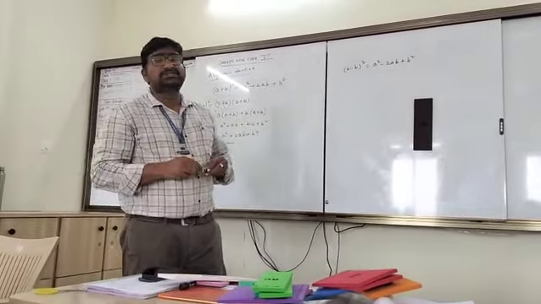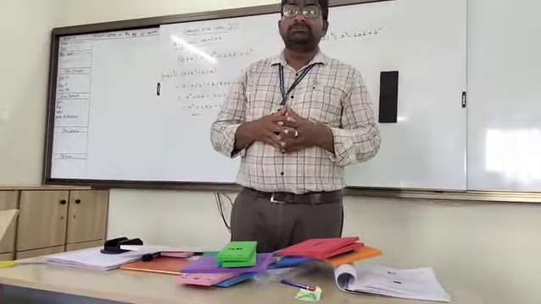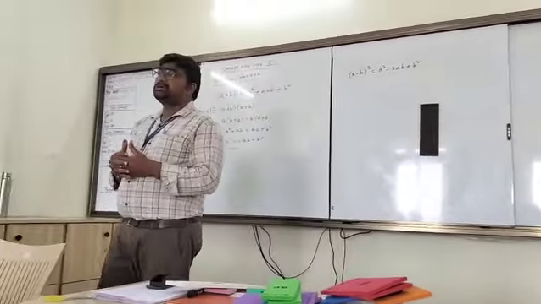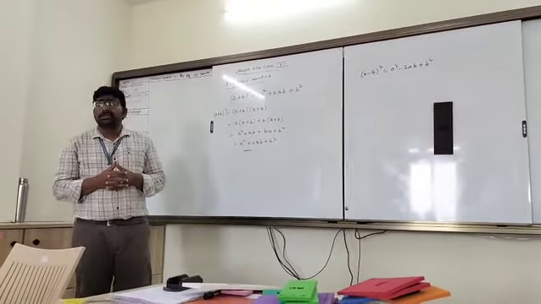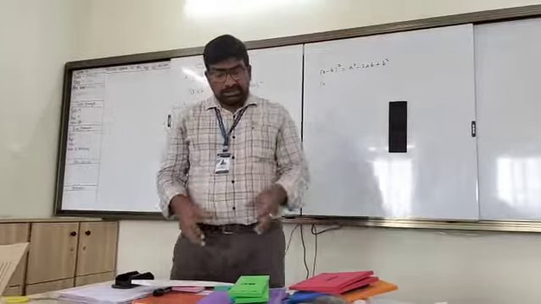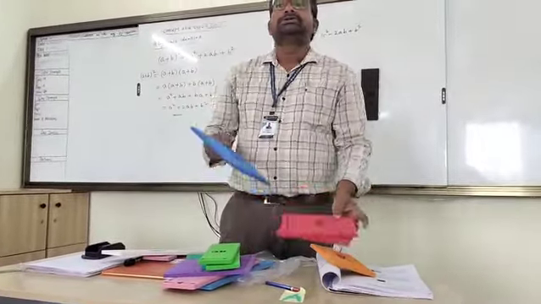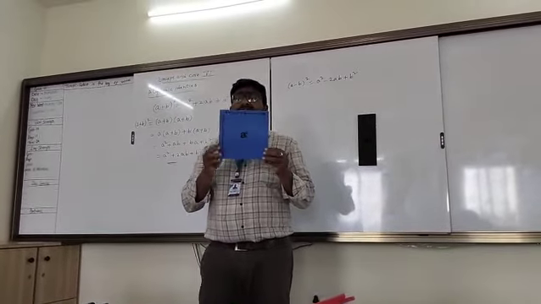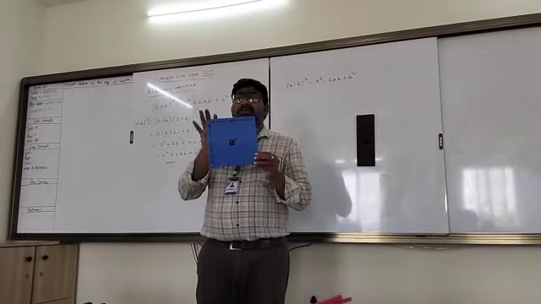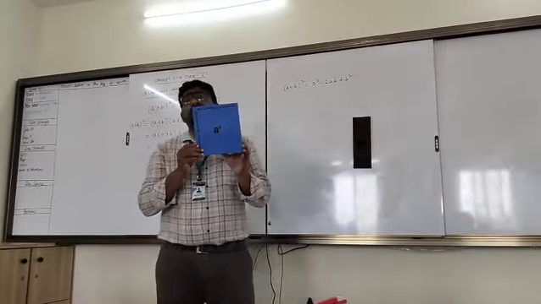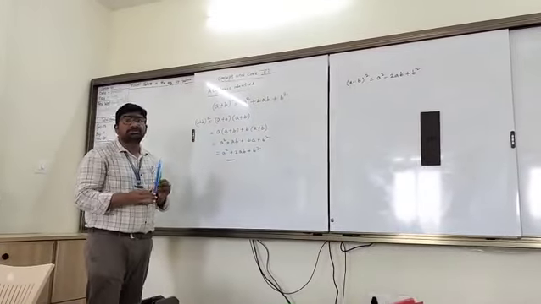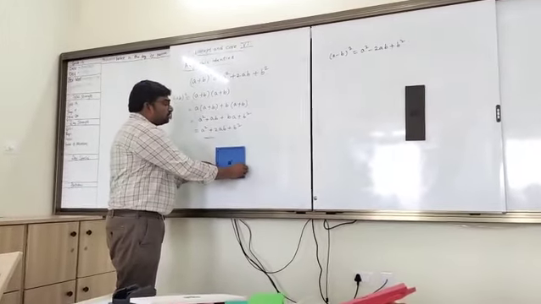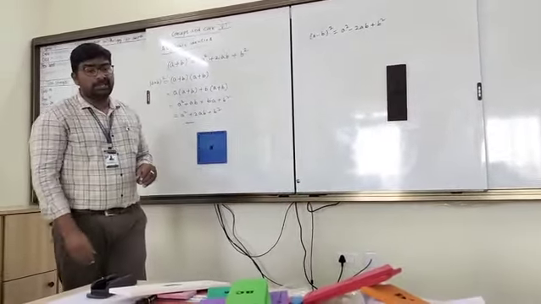Now, to make it more interesting, we can prove this as a geometrical proof. By using geometry, we can prove the (a plus b) whole square formula by using geometrical shapes like squares and rectangles. So observe that here we have a square-shaped board whose length is a units and breadth is also a units. I am taking this square to prove that (a plus b) whole square is a square plus 2ab plus b square. See how I fit it on the board,